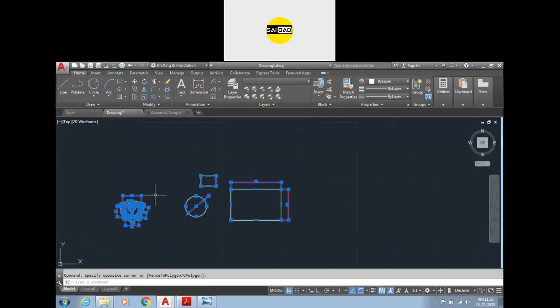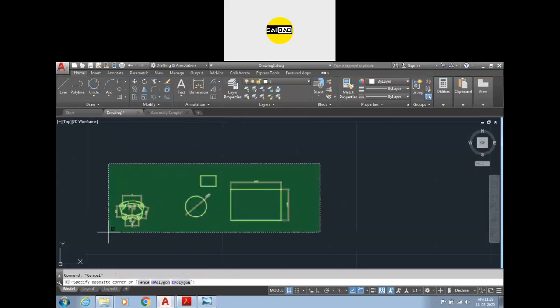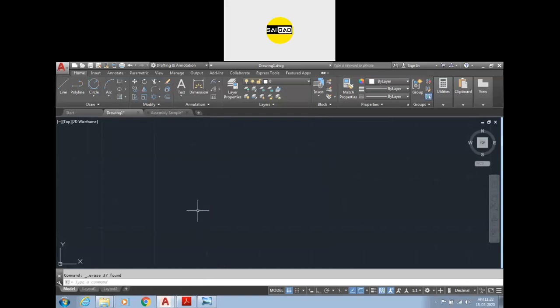So these are the base commands, oh sorry, these are the commands that were for today's session. So we are going to create some drawings for the civil students also, some plans for civil students also. For that I'm going to create a single room drawing, a single room plan.